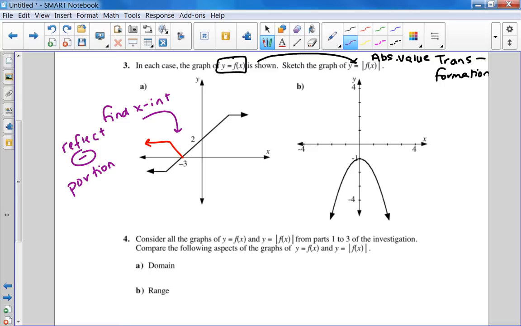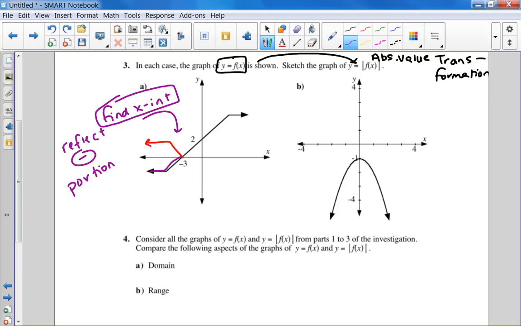I guess I don't even need this. Find the x-intercept. The thing about the x-intercept though is it's a place where you know that you should stop. So don't go past the x-intercept. All this needs to be reflected, all this needs to be reflected, and okay, stop. Over here there's no x-intercept, so